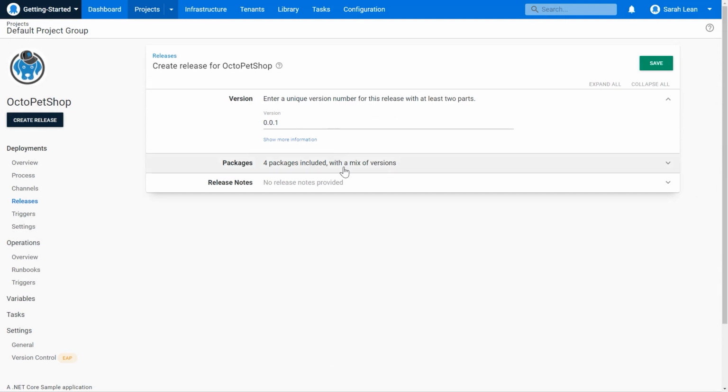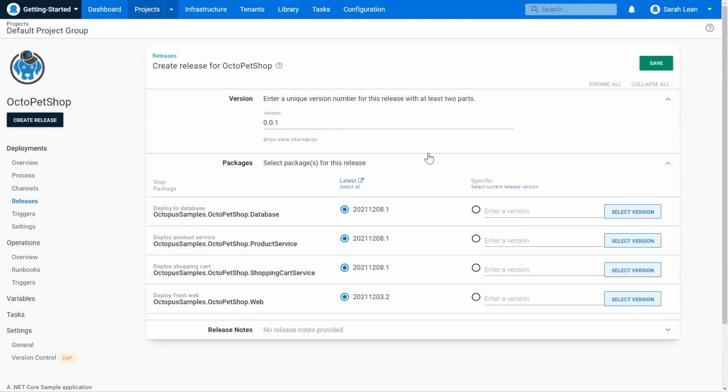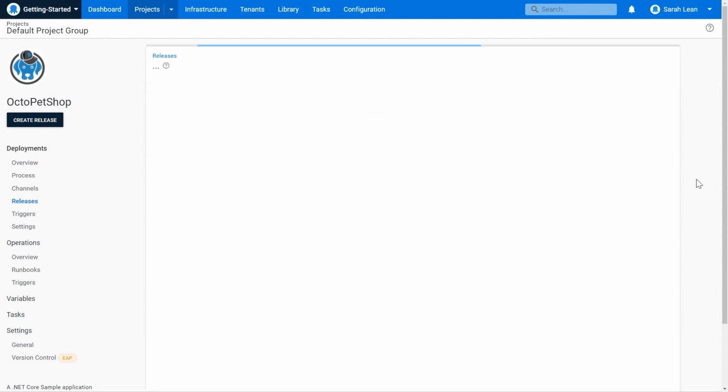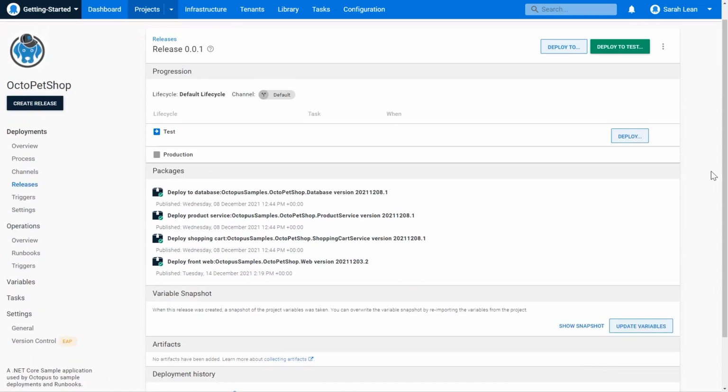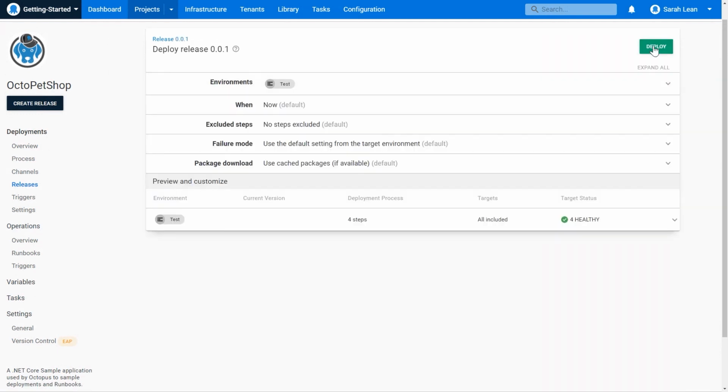It also has pulled in those 4 packages that we had uploaded. You can see it here. And again, you can configure some of this. It's by default selecting the latest package, but you could have a certain version that you wanted to deploy during this piece. I'm happy with the default, the latest ones, so we're going to click Save and move on with the deployment. This is now the stage where we can actually kick off the deployment, and it's giving you again more information about what's being pulled in and what's happening with this deployment. I'm going to click Deploy to Test and we'll get it pushed out to test.